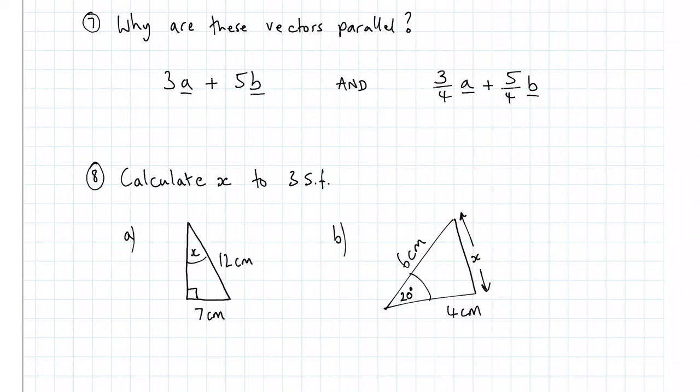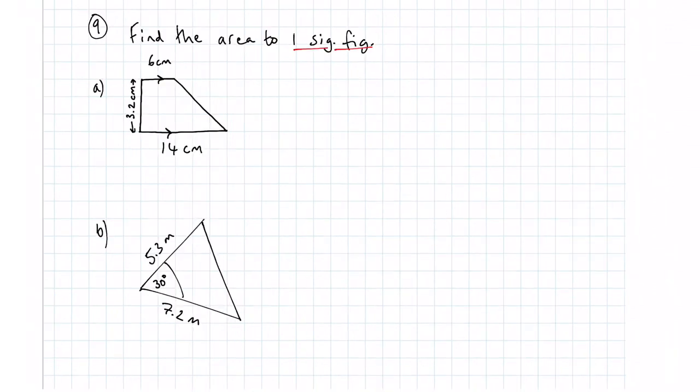We move on to question 9. We've got a well-known shape there. Find the area. Concentrate on that though. When you do find the area, you will have to round it appropriately, 1 significant figure. So using a formula there, and we've got a trigonometry formula for the area of a non-right angle triangle that you'll need to remember. And the last question, question 10,